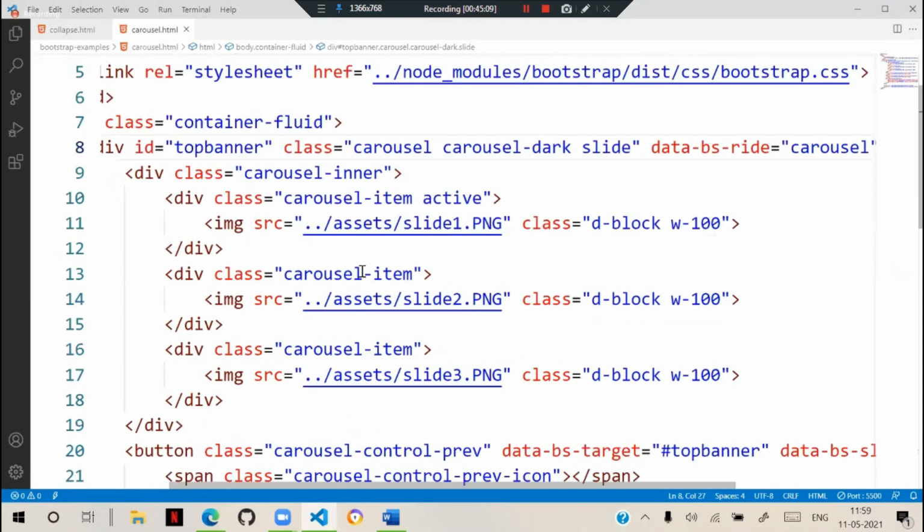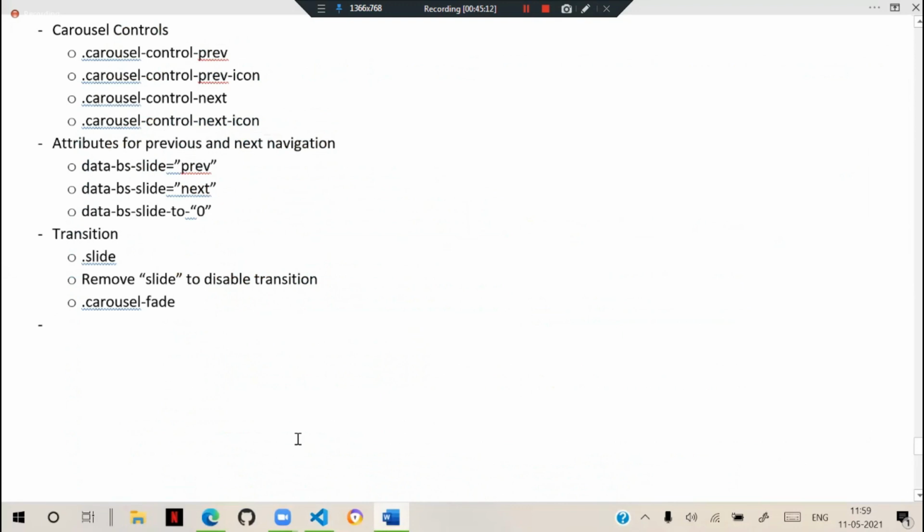So what we have to do is define the fade effect, fade and slide. That is the combination. In the div, we have to put the class carousel. We have to define slide and carousel, and we have to use carousel fade. Those are the combinations we need to add, slide and fade both. Another point is that you can even put a timing for every slide.